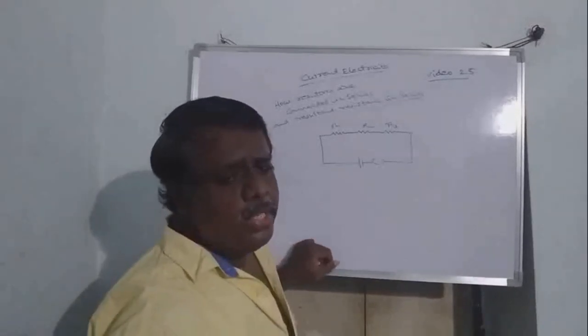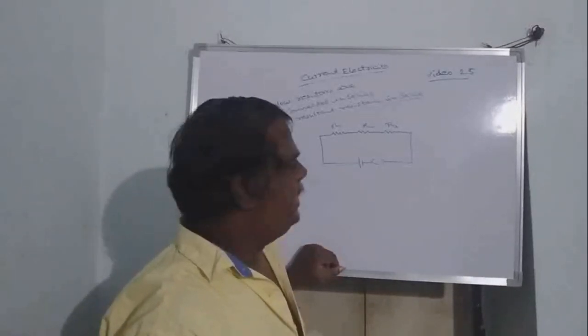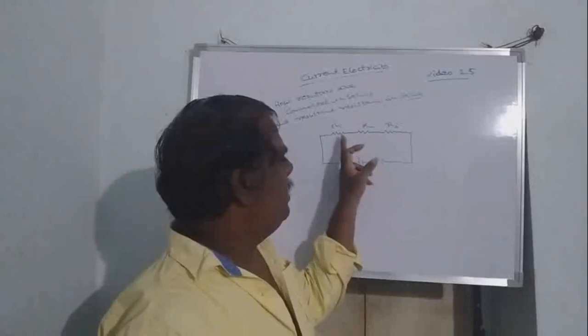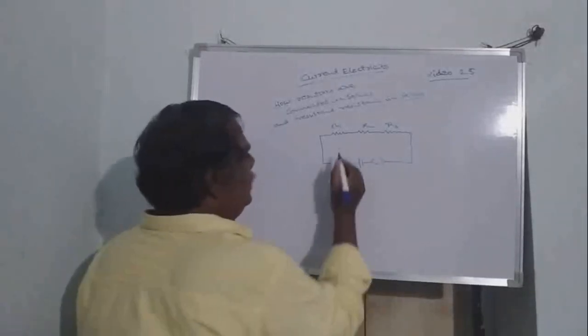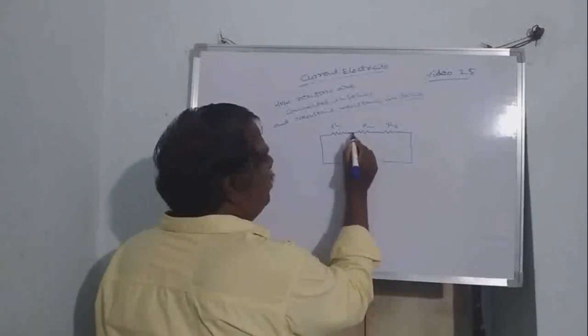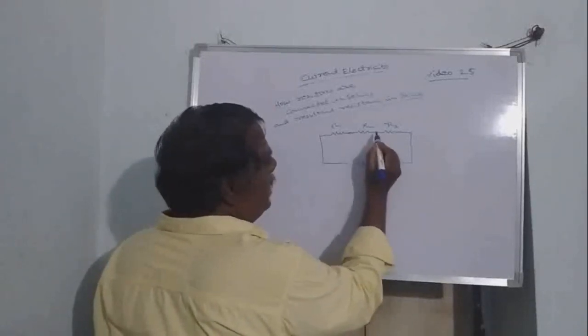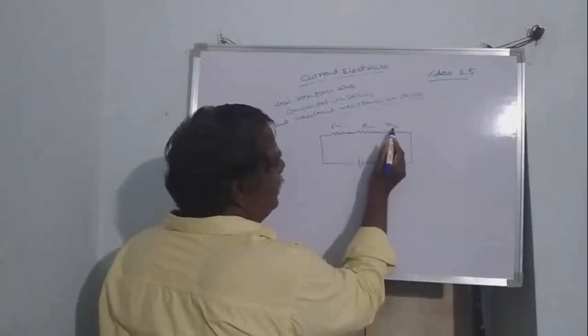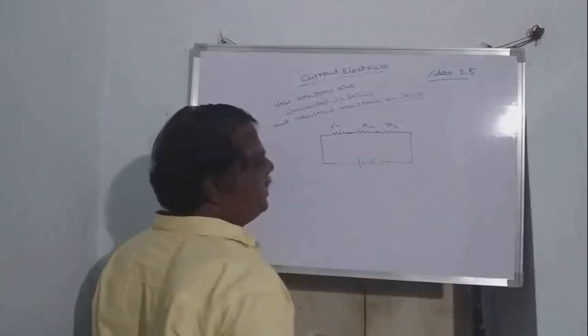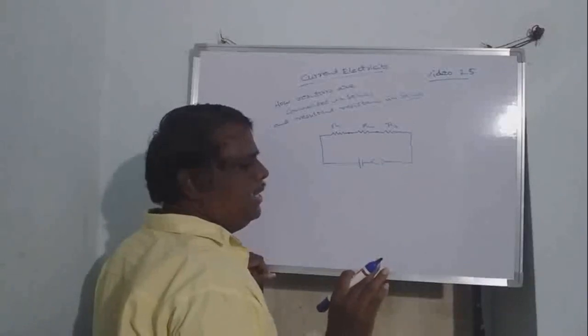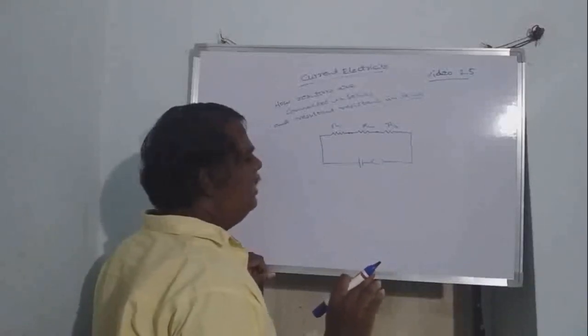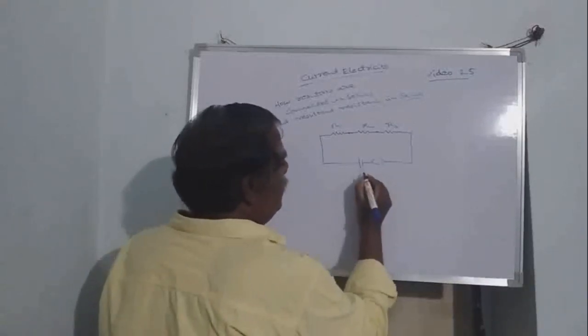R1, R2 and R3 are the names of the 3 resistors. If you connect them like this, that means an end-to-end connection. Just like in capacitors, the second end of the first resistor is connected to the first end of the second resistor, the second end of the second resistor is connected to the first end of the third resistor, and so on. If they are connected end-to-end, we can say that they are in series. So this will be in volts.